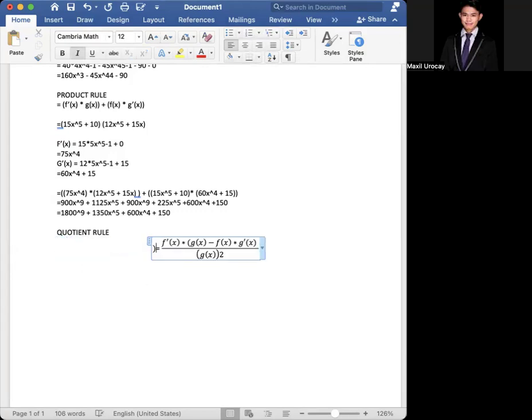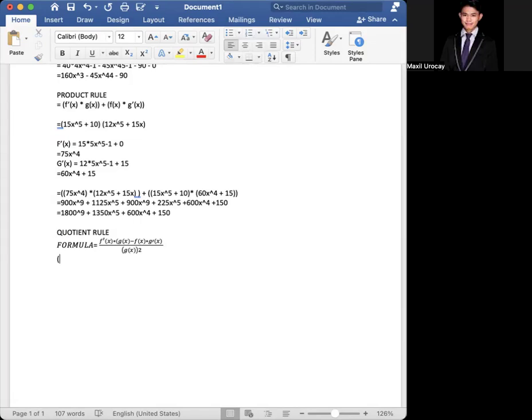So that is actually your formula for the quotient rule. Now, given that you do have f of x as, say for example, for your division, quotient is